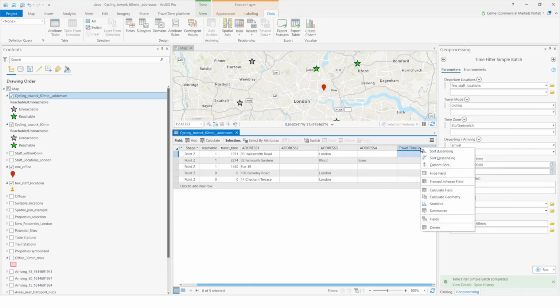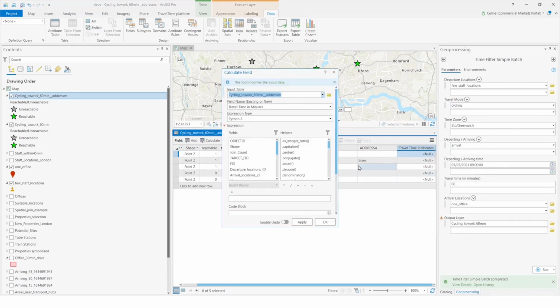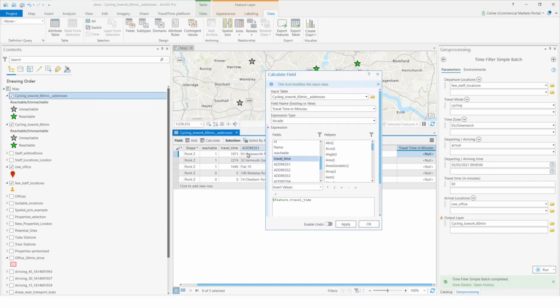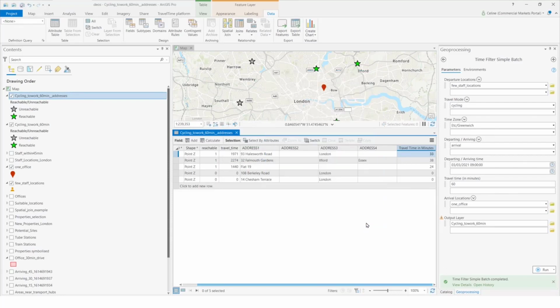So here what we're going to do is right click this field header and go to calculate field. And if we put this into Arcade, it's quite easy to see. We can write a little formula of what we want each of these rows to display. What we would like them to display is the travel time from this other field, but then divided by 60, because there are obviously 60 seconds in every minute. And if we run that calculation and close this, you'll see that it's generated all of these travel times in